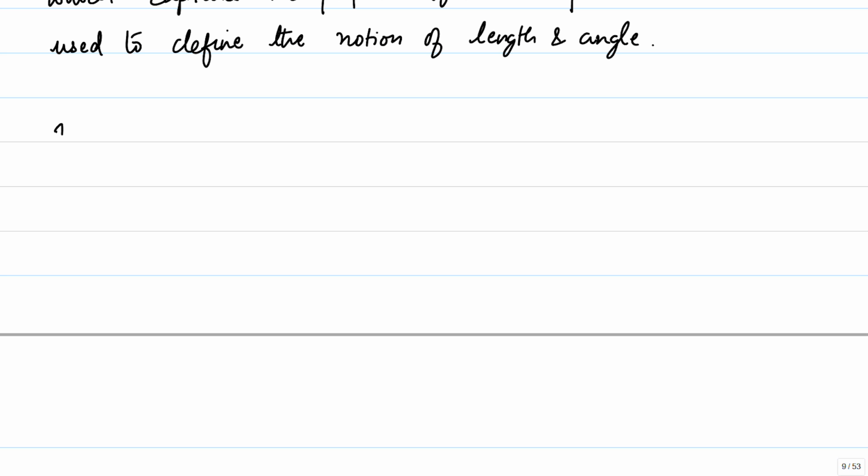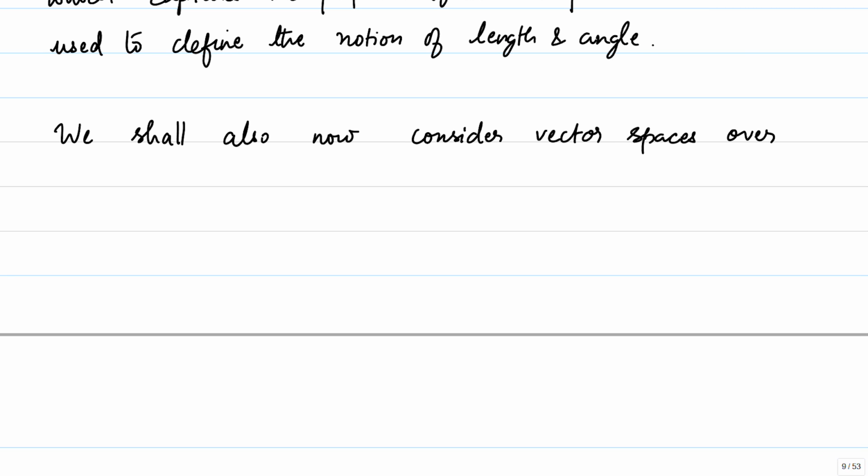So let me note that we shall also now consider vector spaces over C as well.